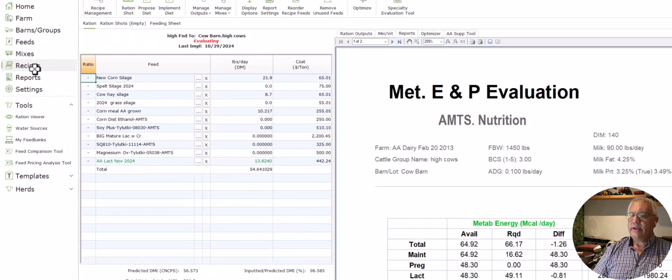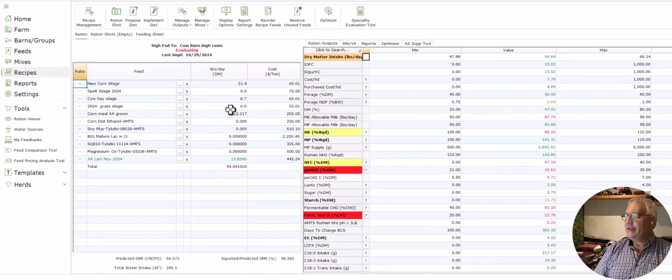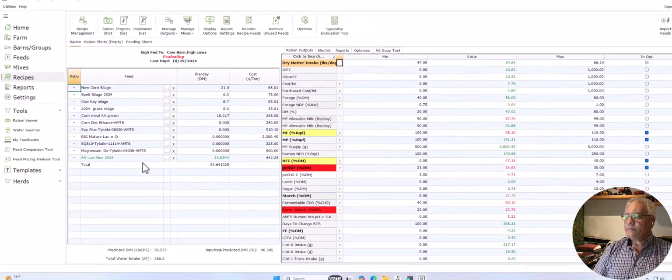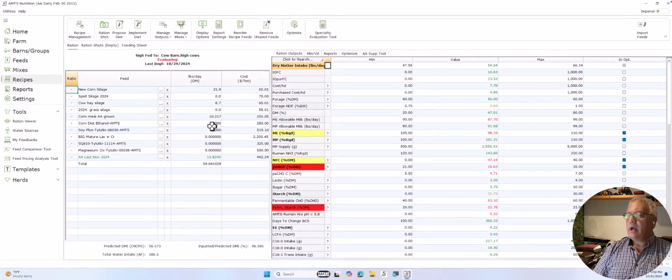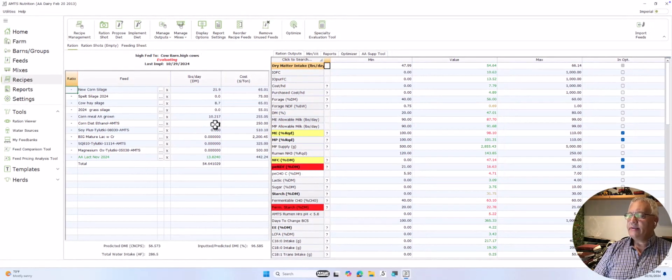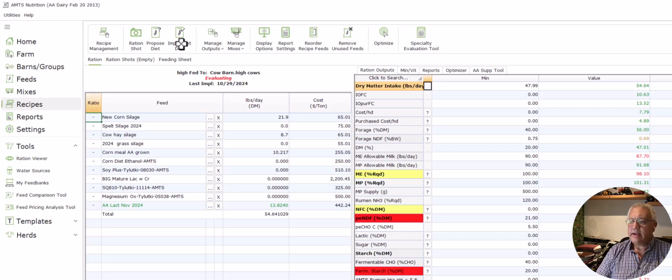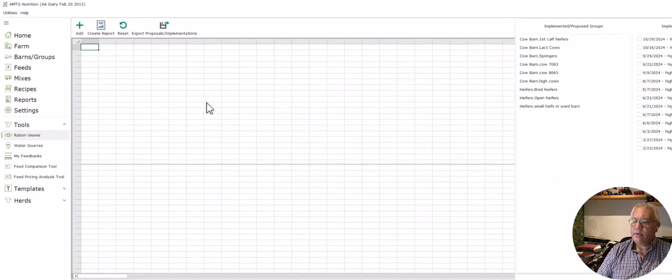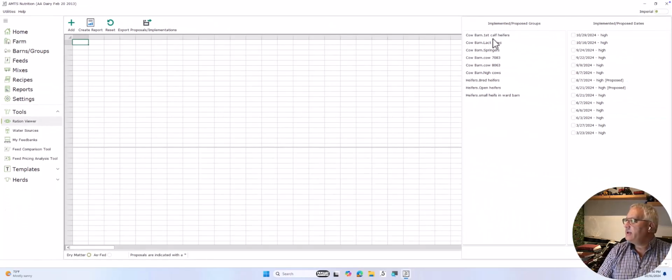Well, this is where it gets a blast, folks, really. So on a recipe, if I have a diet and I say, this is the diet I'm really going to feed this group, I can click on implement diet. What that does is it does a snapshot of the ration, the outputs, the animal inputs and everything, and saves them. And when we go to ration viewer, I can come in here, select